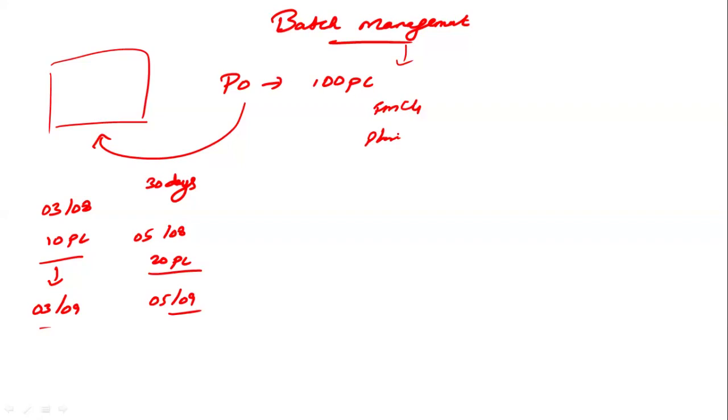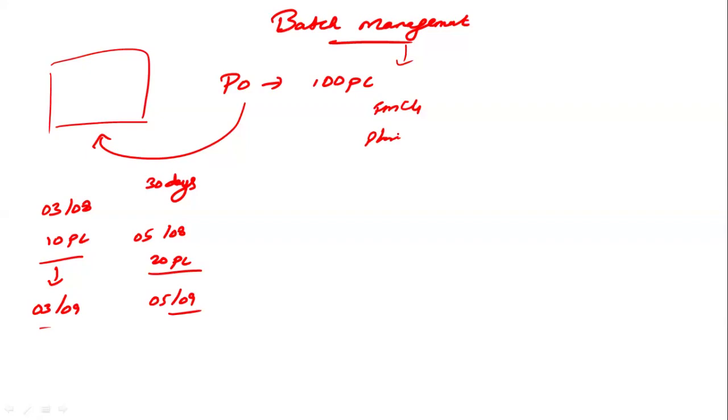And also, you can individually select which material you want to have the batch managed. So when you're creating a material, you can mention that for this material you need the batch, so that whenever you're doing a goods receipt, the system is going to create a batch number on it automatically.